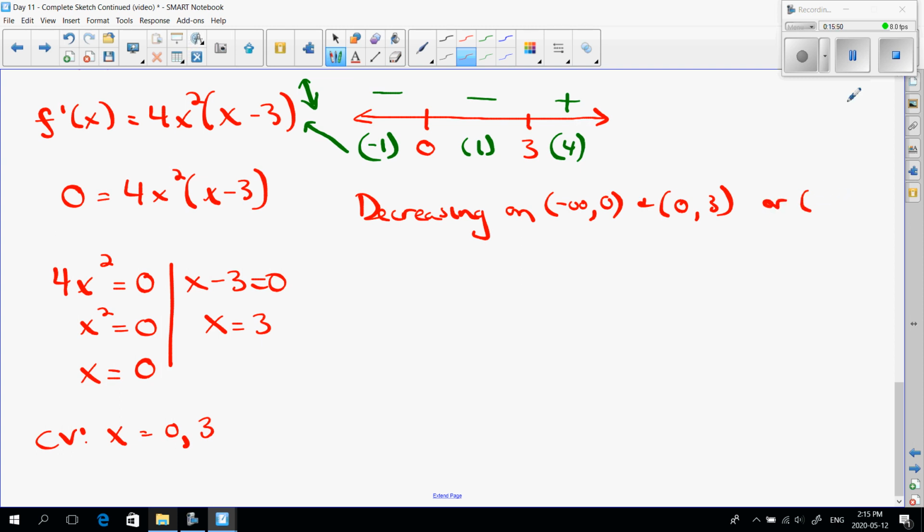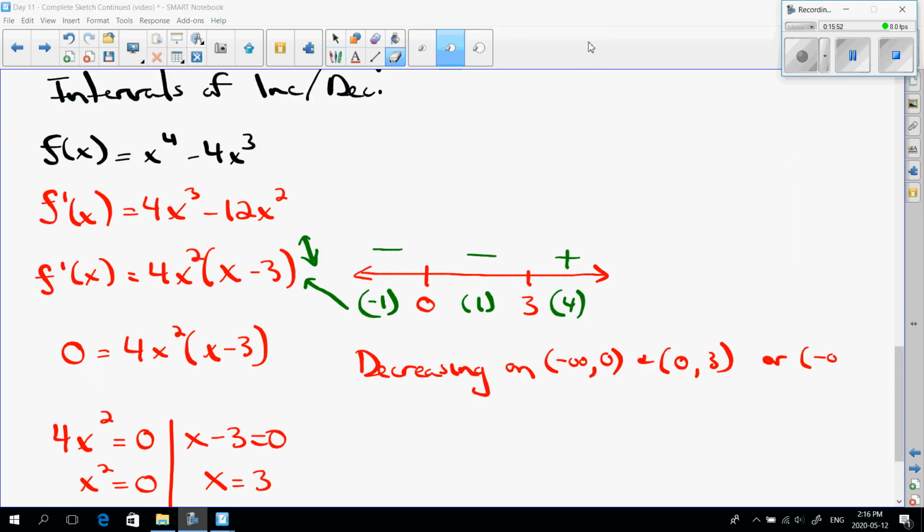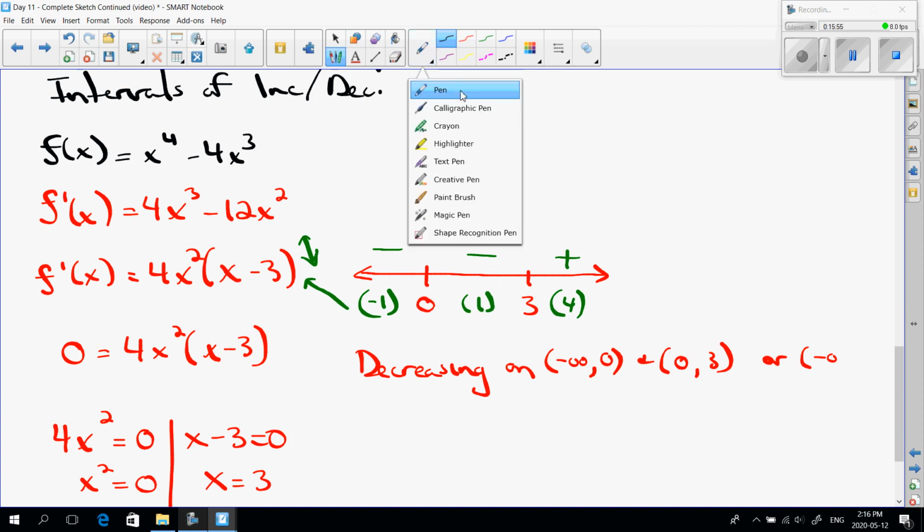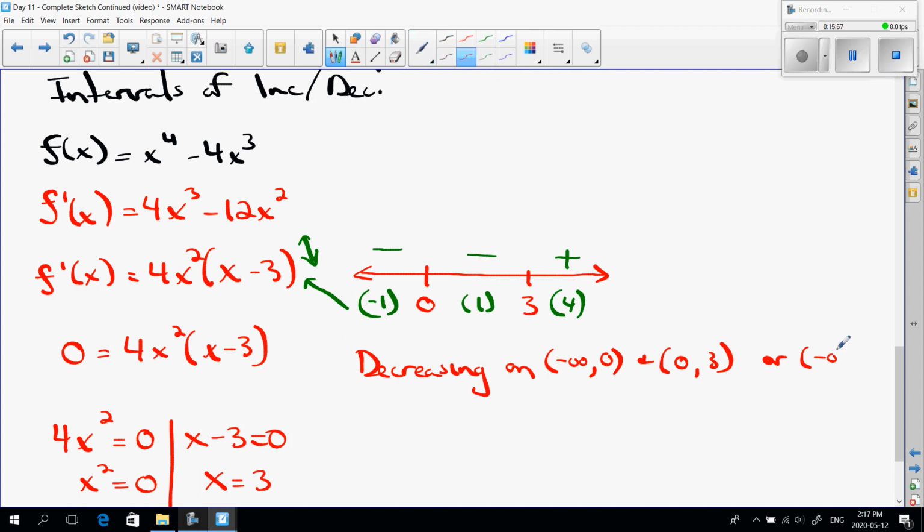You also may write it like so, decreasing from negative infinity to positive 3. The interval with the plus sign above it, well, that's where it's increasing. That's where the slope of my tangent line, the derivatives, are positive. So a positive slope would look like this. That means my y values would be increasing. So it's increasing on the interval from